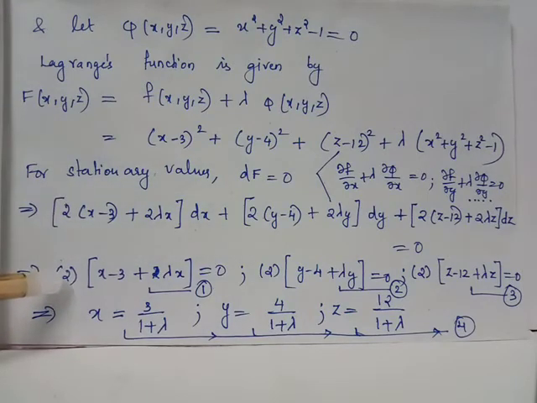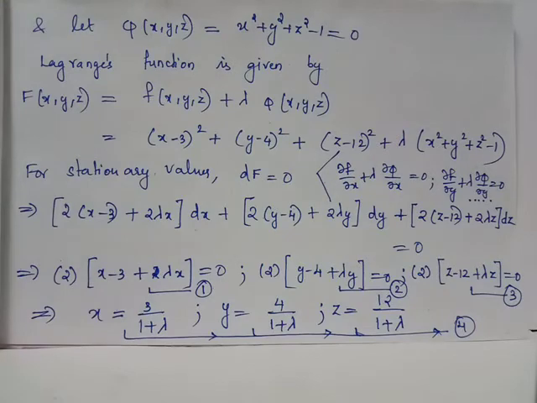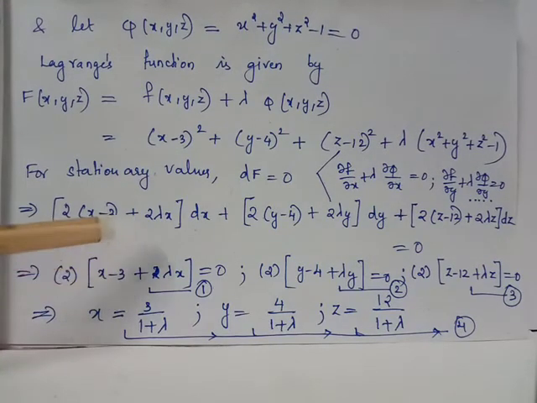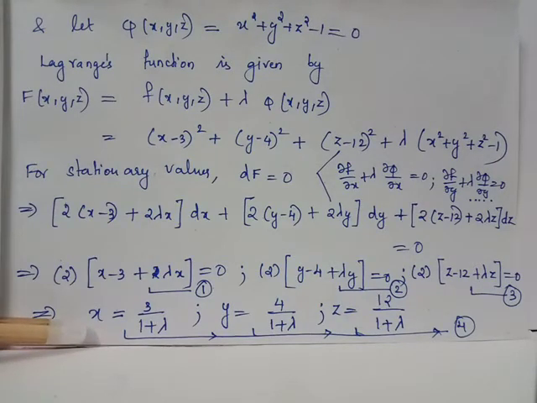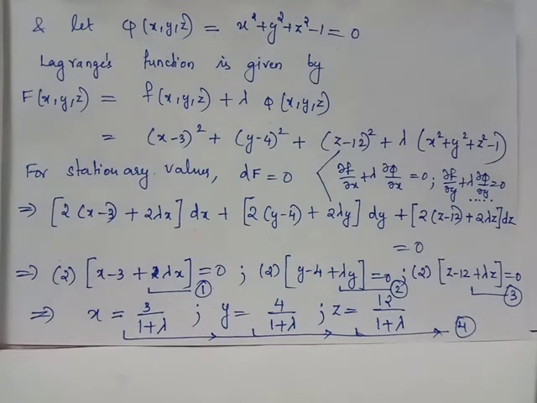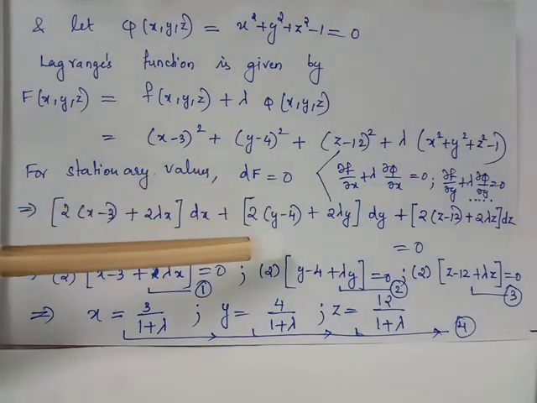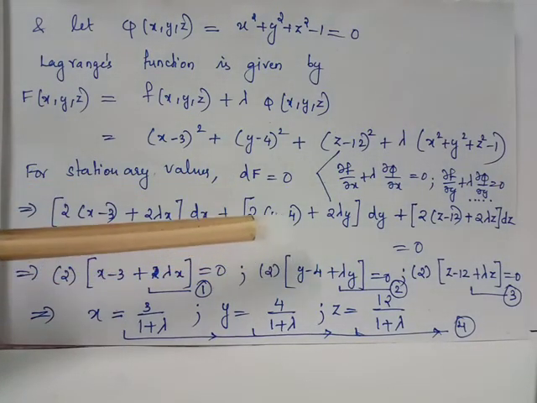We take out the common factor and we equate the remaining expressions of first order partial derivatives to 0. We obtain 3 equations 1, 2 and 3, and from these equations we can directly get the relationship between the independent variables x, y, z and the Lagrange multiplier lambda. Now we evaluate the expression which is obtained by multiplying x to equation 1, y to equation 2 and z to equation 3.